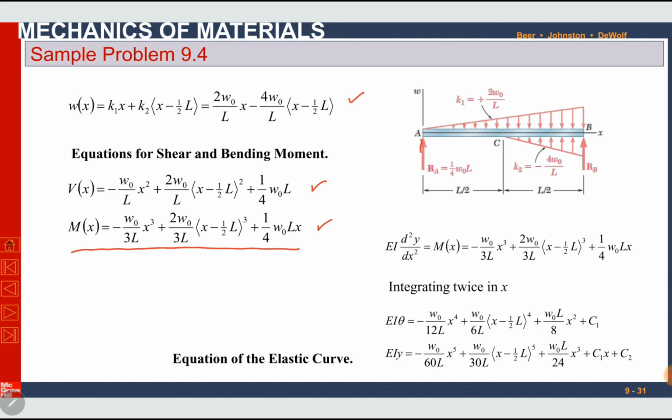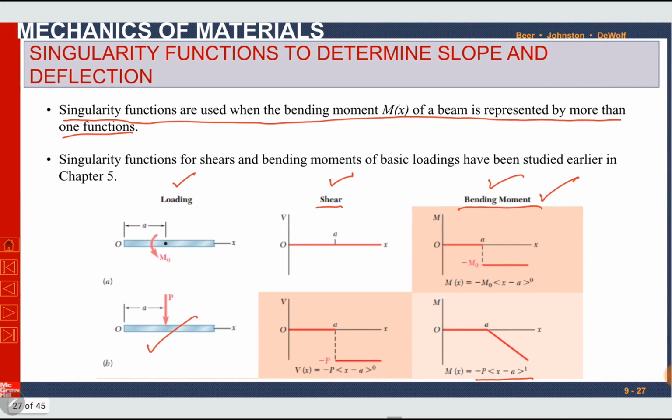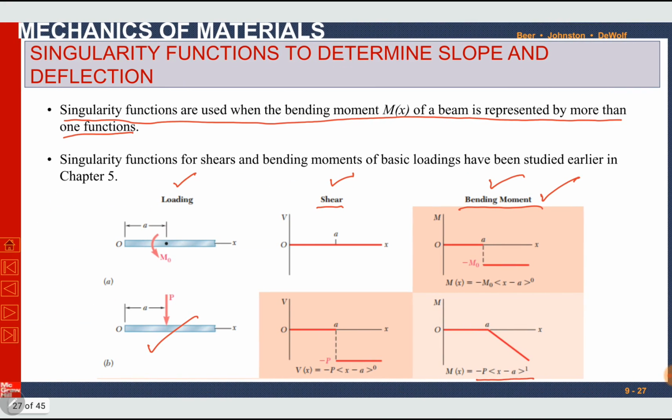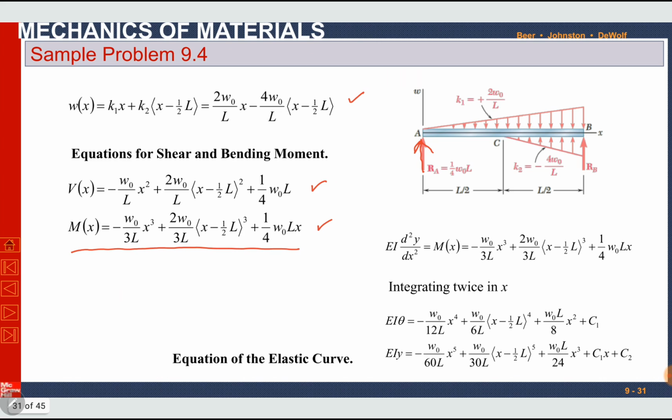Here is an upward load RA equal to 1 over 4 W naught L. So for upward loads, concentrated load, it is downward, we can use opposite sign. It is minus P x minus A power 1. So in our case it will be plus 1 over 4 W naught L x minus 0 power 1. So it will be W naught Lx divided by 4. This term is for this load. Okay,